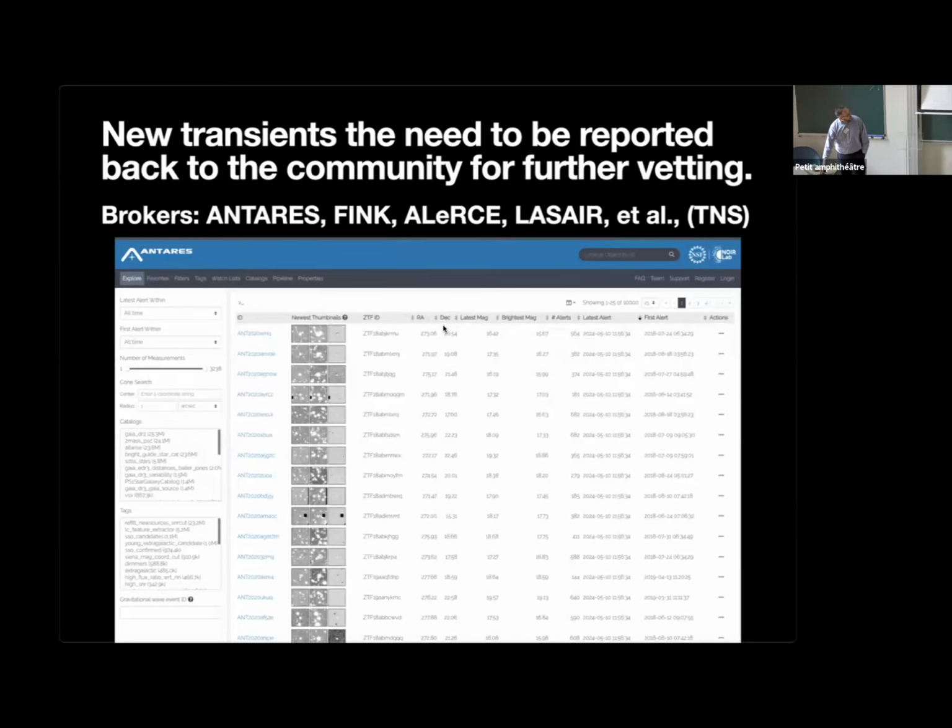And so again, they follow a stream-like messaging system. So in principle, you can set up a listener to say, every time I get some interesting event, this broker can send me a text message, or the piece of software I write can send me a text message, and then I can go trigger my telescope.